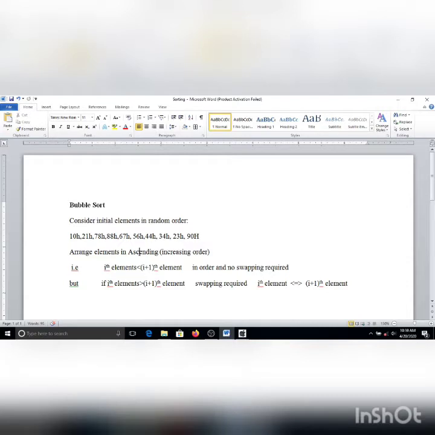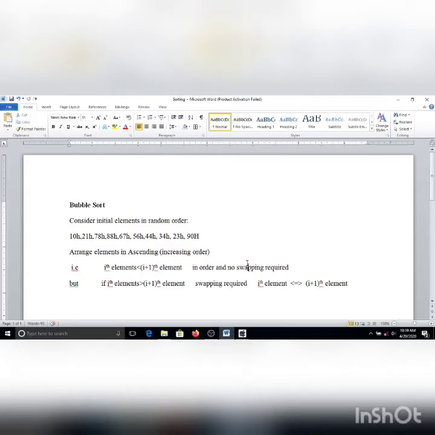This is for ascending; in case of descending, exactly the reverse condition is checked. Right now let us focus only on ascending. In ascending, my first element should always be less than the next element. If the ith element is less than the i plus 1th element, then these elements are in order and no swapping is required.